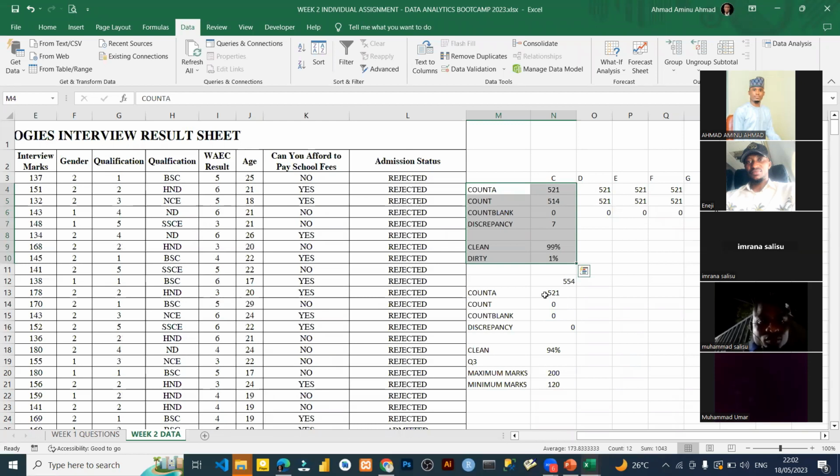I've already told you how to delete them. But by merely looking at your findings, I will know that, okay, the dirty data is 1%. Why do you delete it? You deleted it because you have 99% clean. So it shows me the record of why you deleted a particular something. Please, this is a very crucial thing and a very important skill that you need to have, because right from this week up till the last week, your assignment has to do with data cleaning. So you will be cleaning data in every assignment, on every